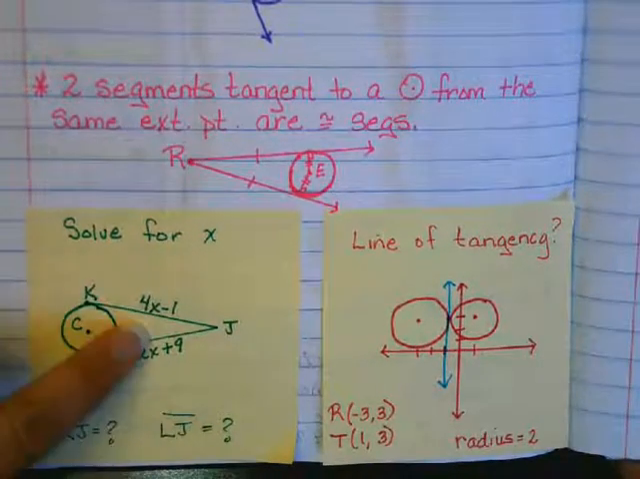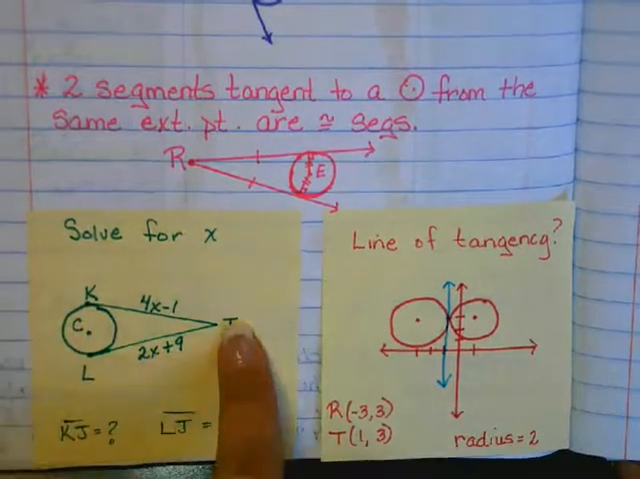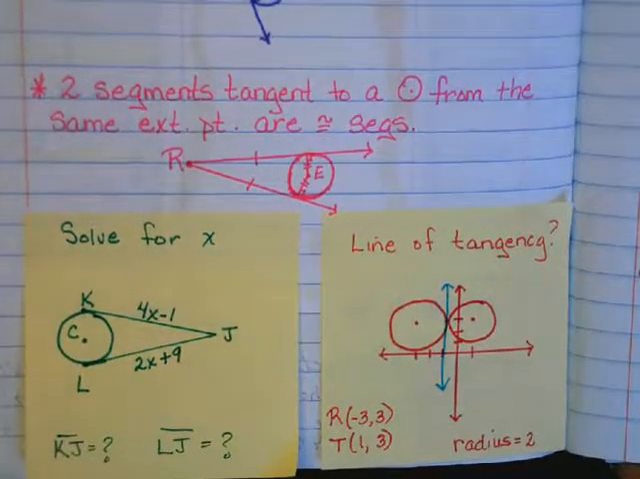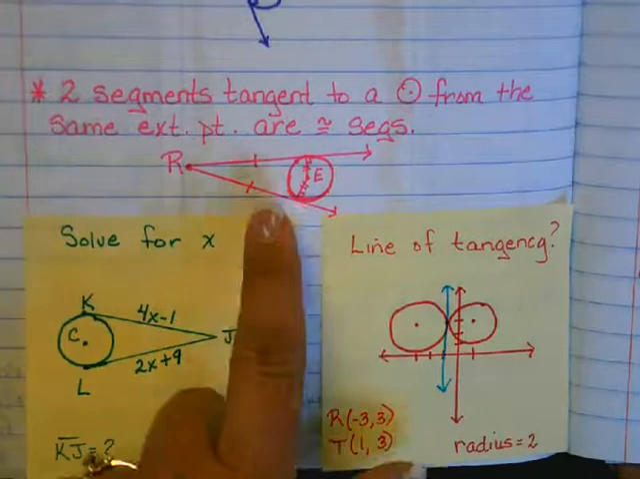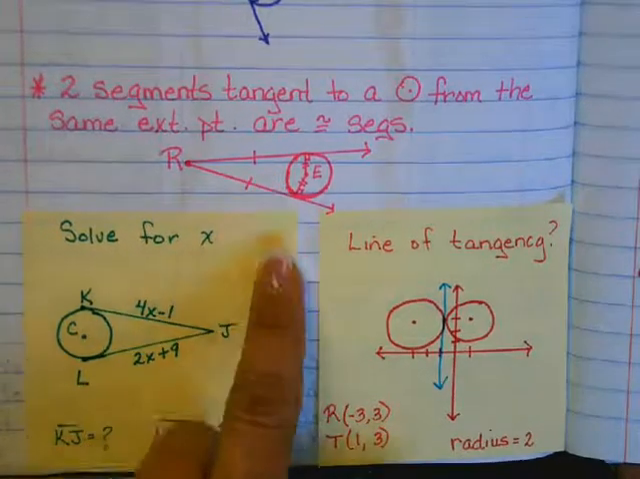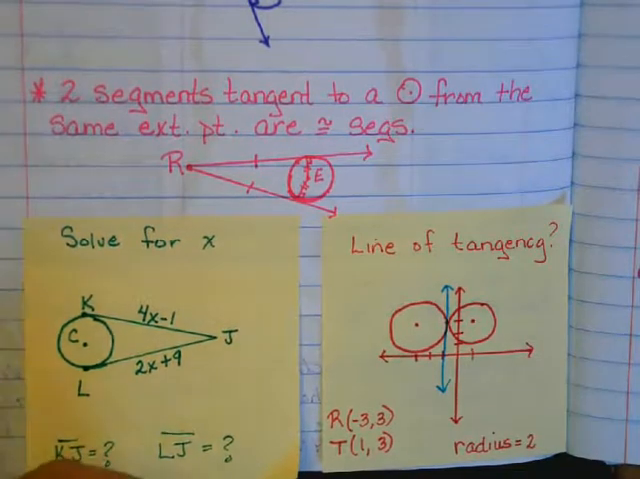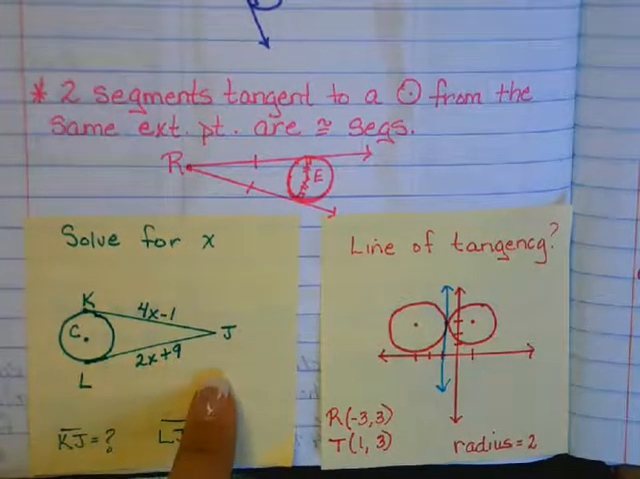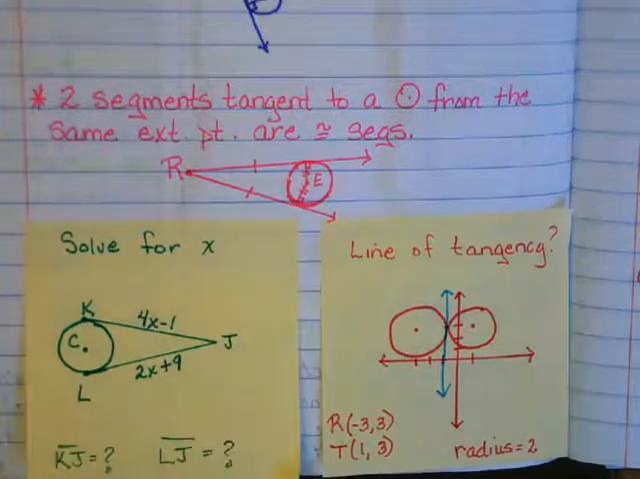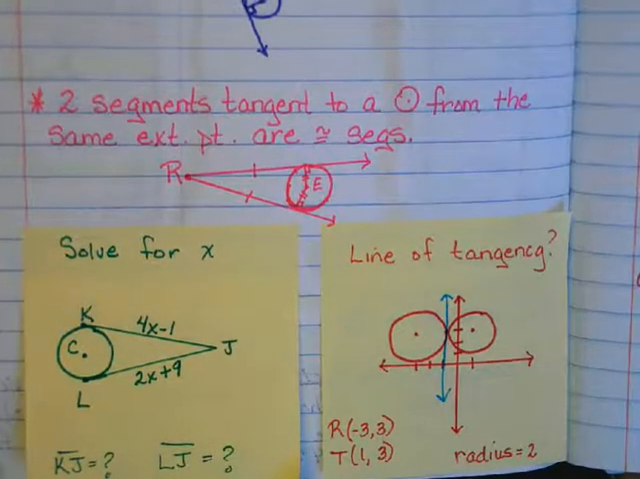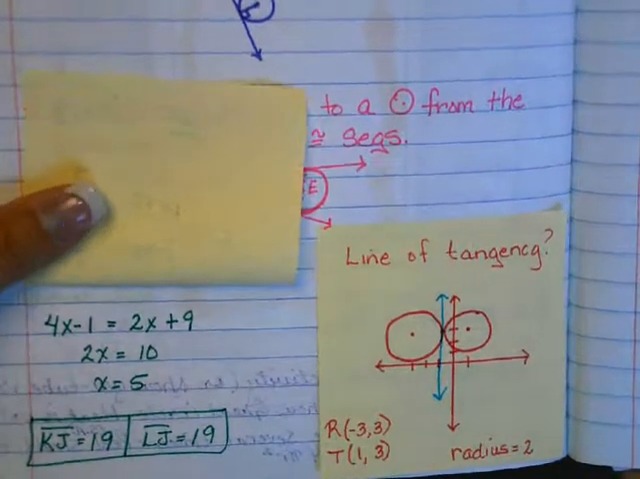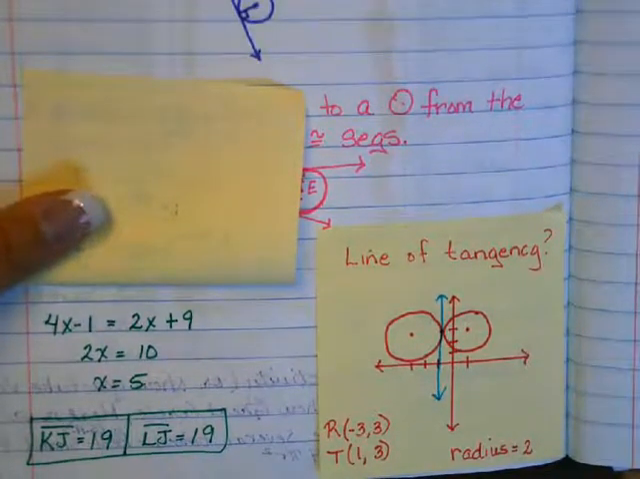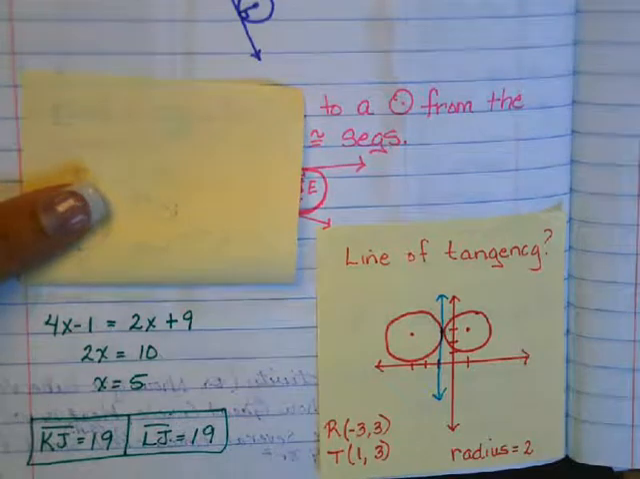I have a circle, and I've got two lines that both start at the exact same point at J, right? Now remember, according to this theorem right up here, two segments tangent to a circle from the same exterior point are congruent segments. So when I solve for x, how can I do that? Exactly. I set them equal to each other. So 4x minus 1 equals 2x plus 9, and I have 2x equals 10, therefore x is